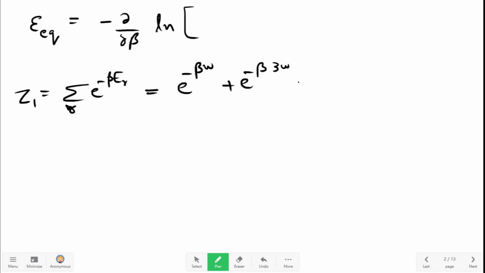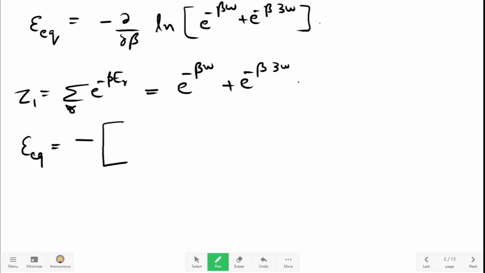Therefore, epsilon EQ, the average energy per particle, becomes minus del by del beta of ln of e raised to minus beta omega plus e raised to minus 3 beta omega. So epsilon EQ is equal to minus of 1 by e raised to minus beta omega plus e raised to minus 3 beta omega,